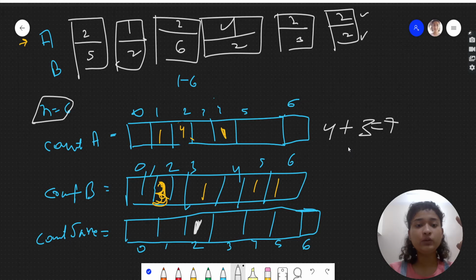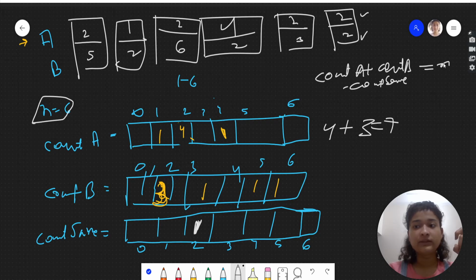So what we need to do is, we need to check if there are same numbers in the domino, in the top and bottom. Just have another array, count same, so that what we will be doing, we will be checking if count A plus count B, that is, if the count of a number in the top half or in the bottom half, minus count same, is equal to n, meaning that it is present in all dominoes.